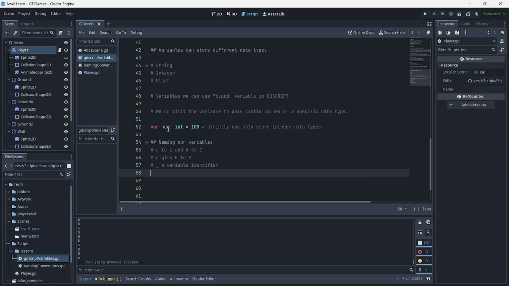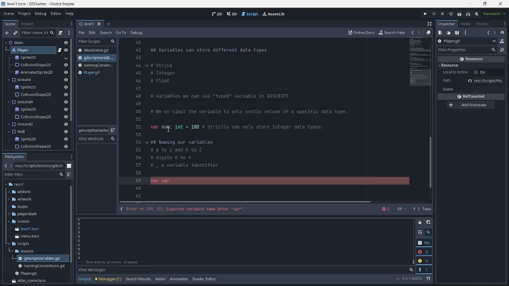Rule number one, in JavaScript we can use a letter, dollar sign, or underscore, but cannot contain any other special characters and cannot use a space as an identifier. We cannot use a keyword, which is built into the language. We also cannot say var.